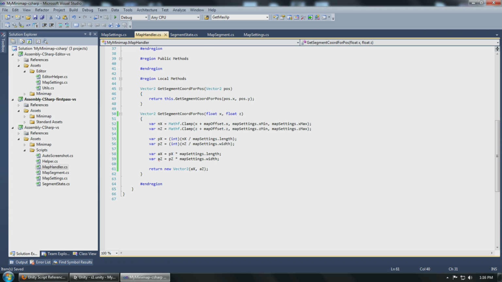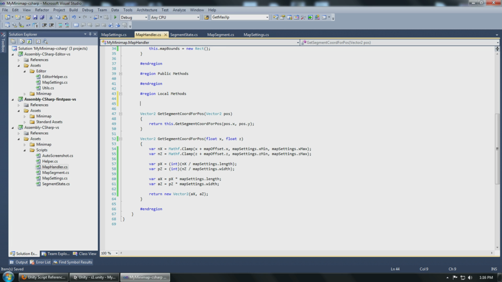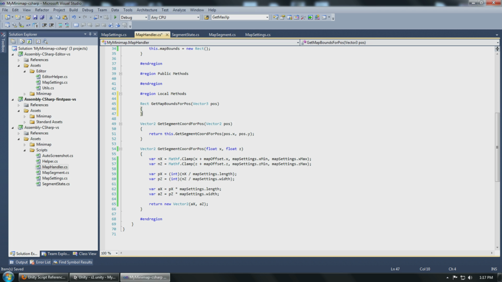Alright, and that is the function to get the current segment coordinate for the current position. And then the next method is going to get the actual bounds for the current position, which will be the square I mentioned earlier. So this will return a rectangle, which will be the actual bounds. Get map bounds for position, which will be in a Vector3. It will be the player's position that will be passed to us, and then we need to create